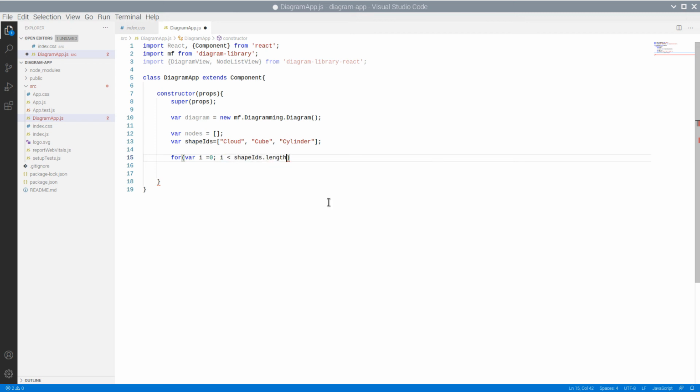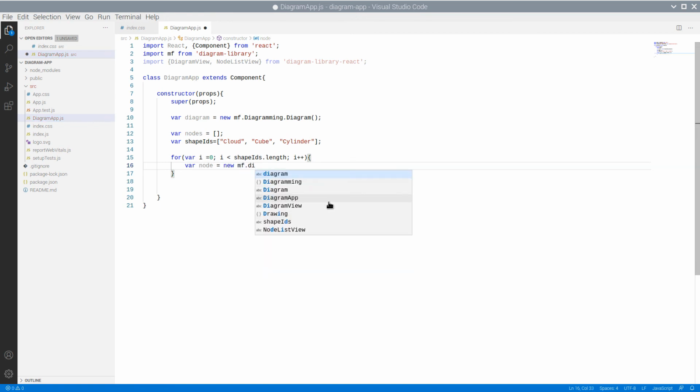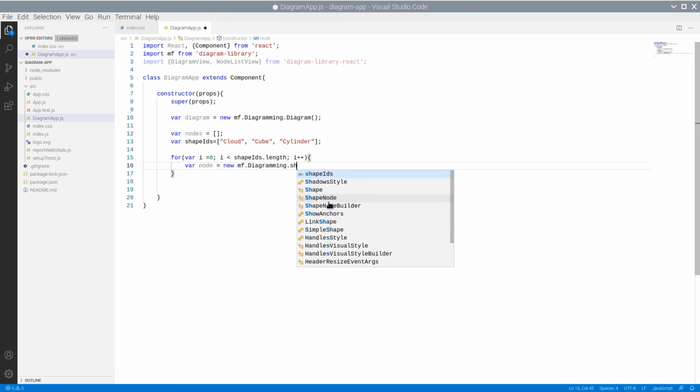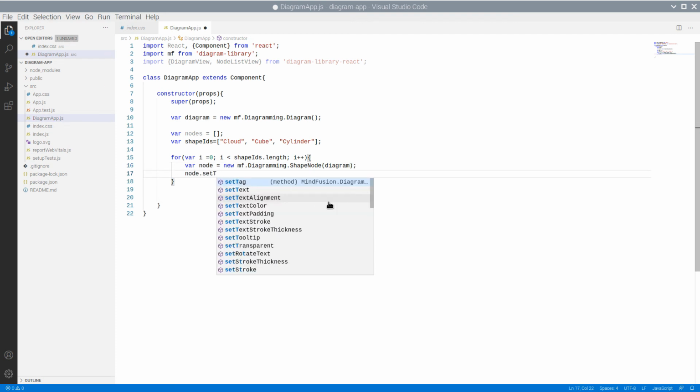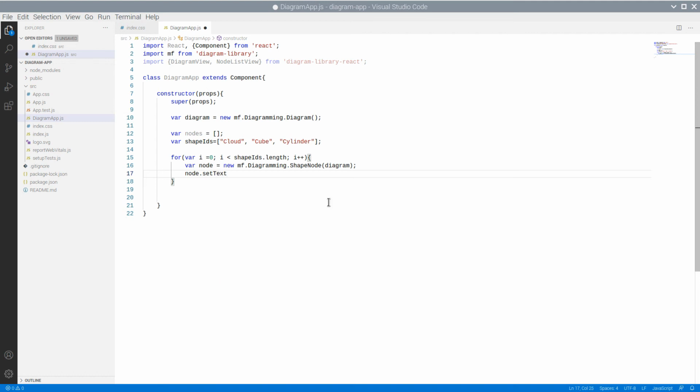We cycle through the IDs and create a new shape node instance. We use setText to specify the text to appear inside the node, and setShape with the shape ID to specify how the new nodes will look.